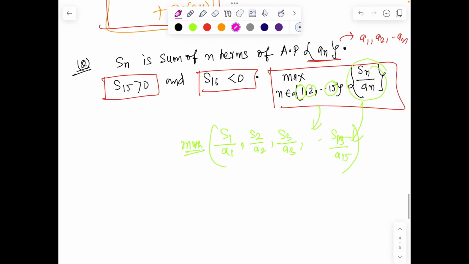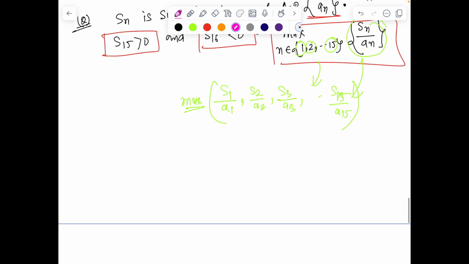So this is still a very new type of problem from arithmetic progression, which is recently a trend in JEE Advanced. As you will see in the last 3 to 4 years' papers, there are more problems on AP than on GP and HP. So let's see the solution. Let D be the common difference. So clearly